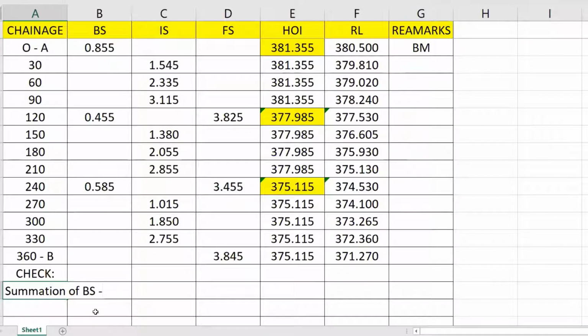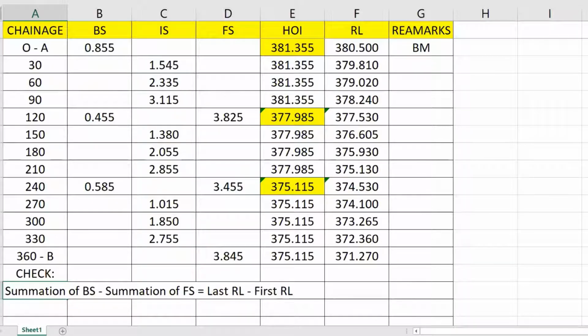Summation of BS minus summation of FS equals last RL minus first RL.